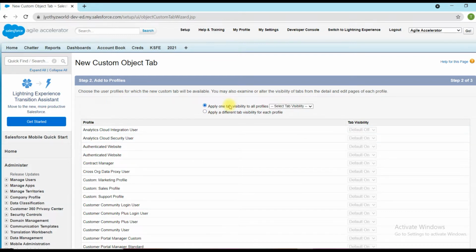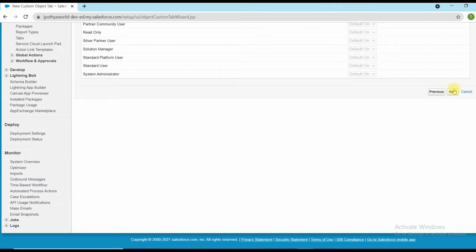So I am providing the same option for all. If I provide default on, it will be available here, and if I provide default off, it will not be available. And if I provide tab hidden, it will not be available, but it will be available whenever I click this plus button. Then click on the next button.